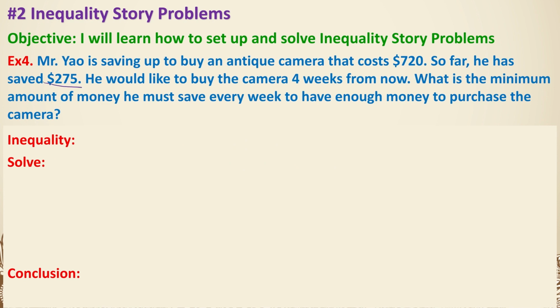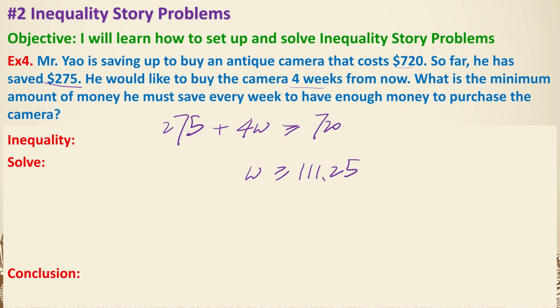Okay, let's see. 275, I already have it. So that's not counted by the week. But then 4 weeks, and we're saving by the week, so we can still use 4w. Must be able to pay for that camera. So the minimum amount of money, which means has a minimum value of, which means I have to save at least 720. So it's greater than or equal to. Subtract 275 over, divided by 4. After you finish solving, w should be greater than or equal to 111.25. And some of you might be like, well, for the previous examples, we haven't rounded to whole numbers, so